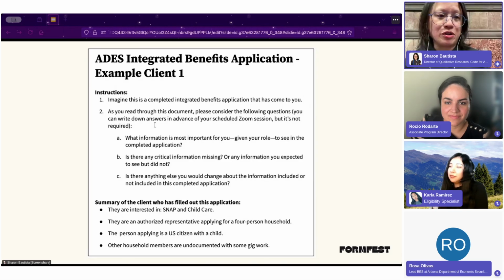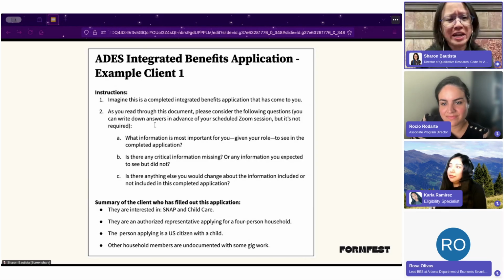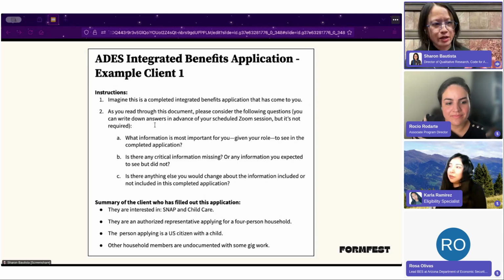for eligibility workers to consider in terms of what information they saw or noticed in the new application, if they saw anything that might be missing that they considered really critical to the way they work cases, and anything else that might make this application more valuable and helpful given what they do on a day-to-day basis. So with these instructions, that's the top part here of the instructions that we shared,